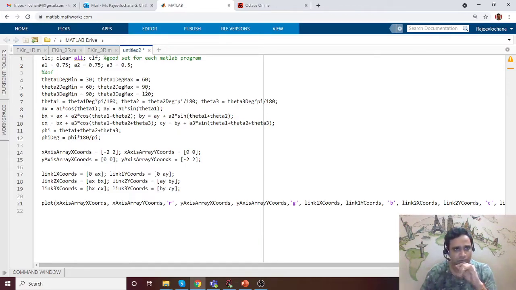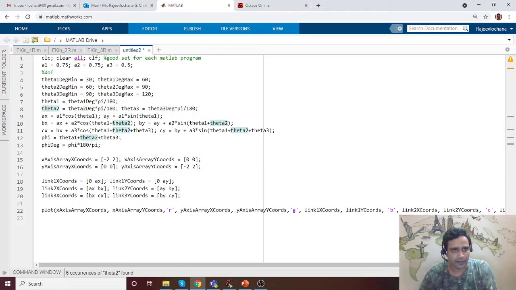Okay, so we have defined 3 degrees of freedom, and we have defined each motion. 30 to 60 is theta 1, then 60 to 90 is theta 2, or if you want to use some other values, that is also fine.